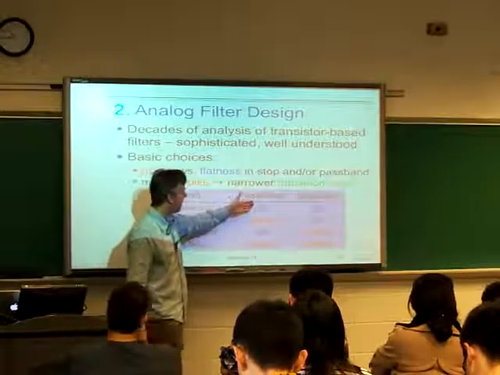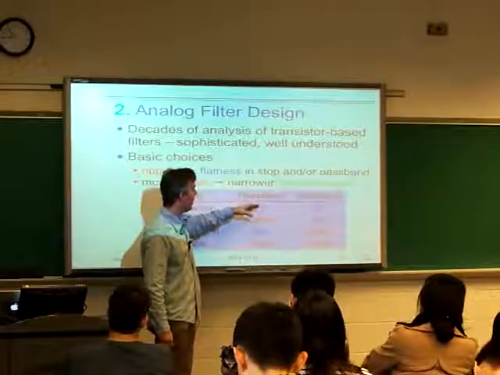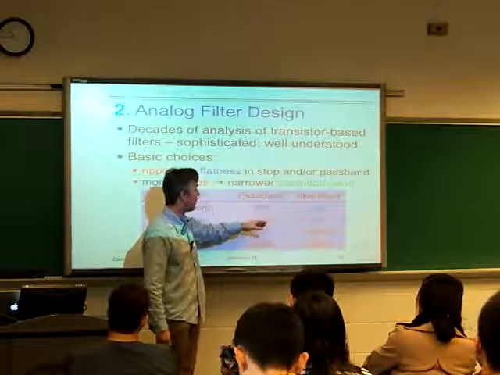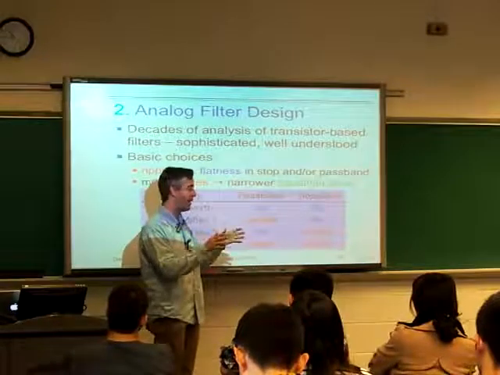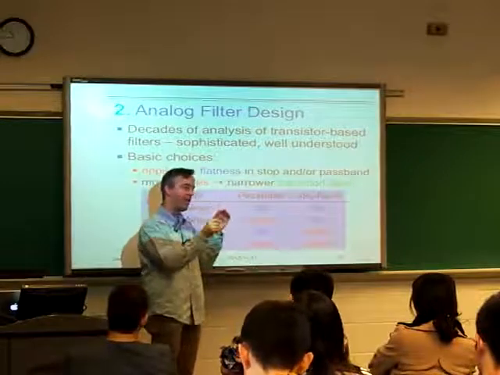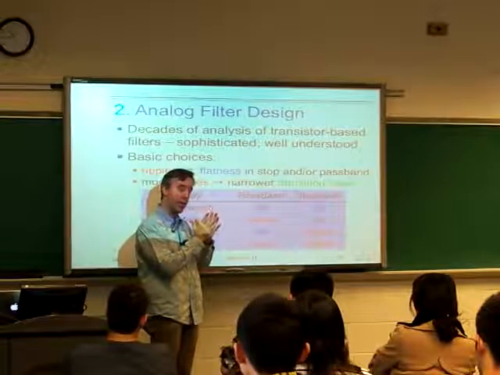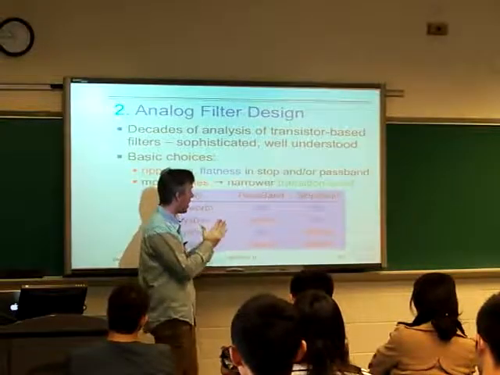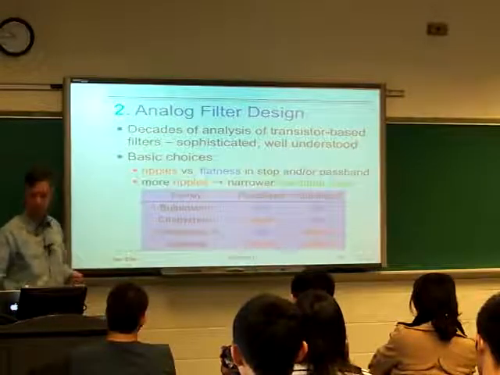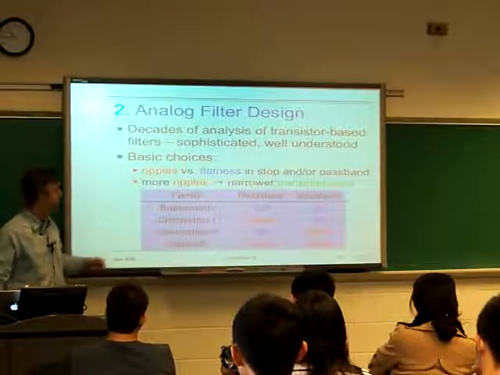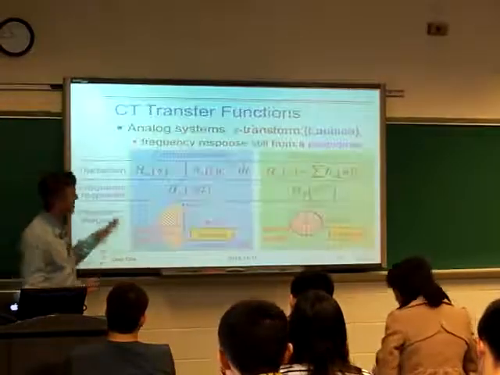In general, because it's nicer to be flat than to have ripples, by sacrificing the flatness and allowing ripples, we allow ourselves to improve the overall parameters. So typically, if we have the same maximum deviation in the passband and stopband, we're going to get narrower and narrower transition bands. We're going to be able to get the stopband and passband closer together as we allow more ripples into our design. So we're going to go through these in order. Let's just first